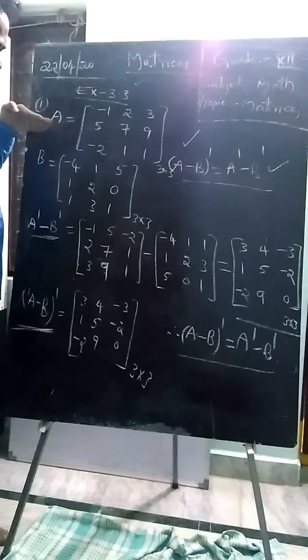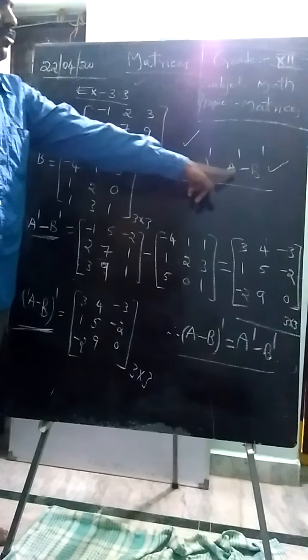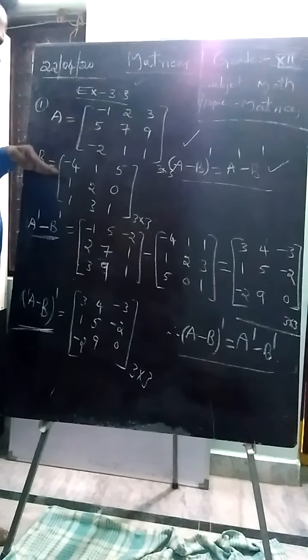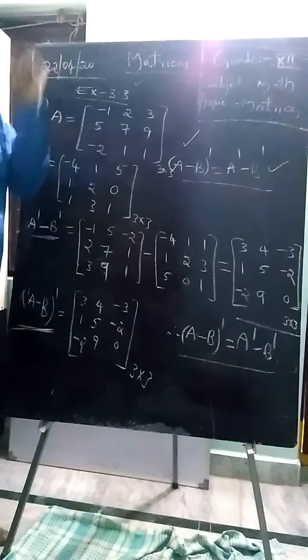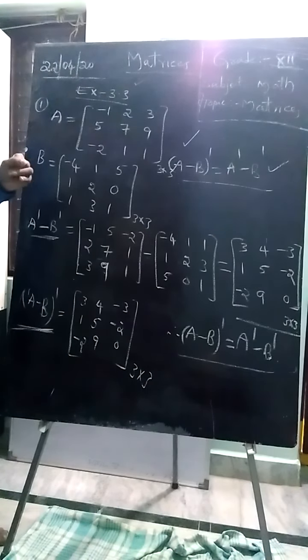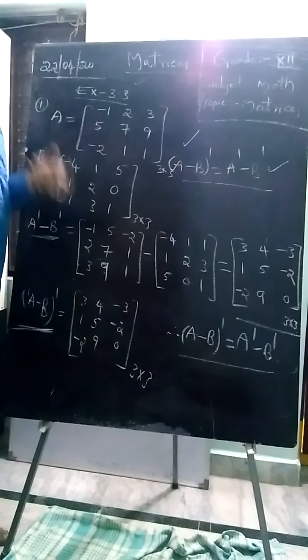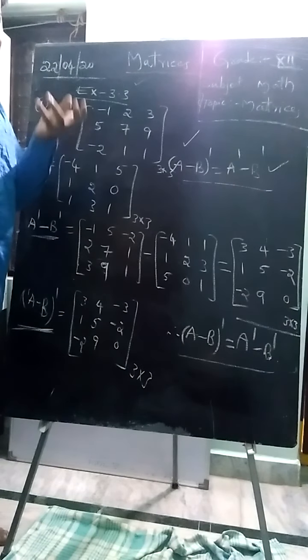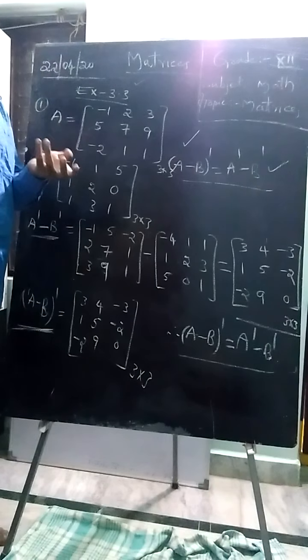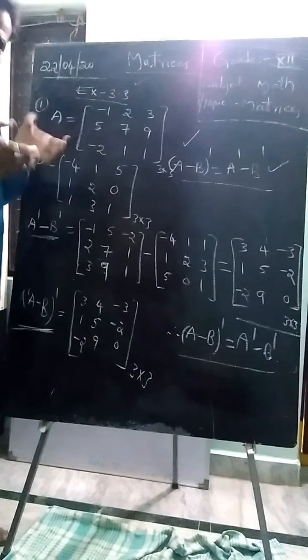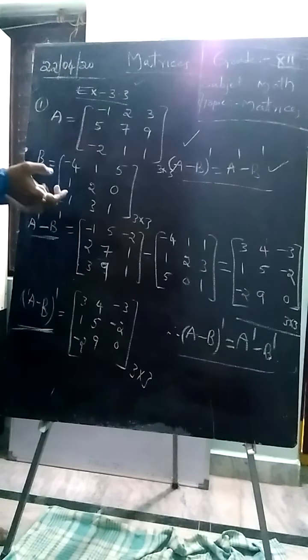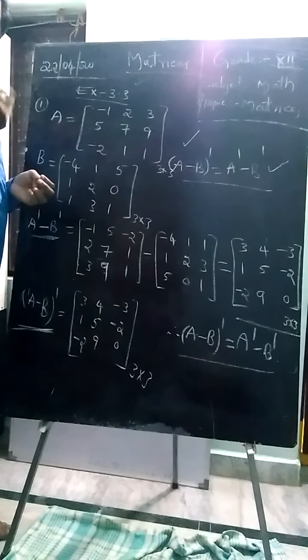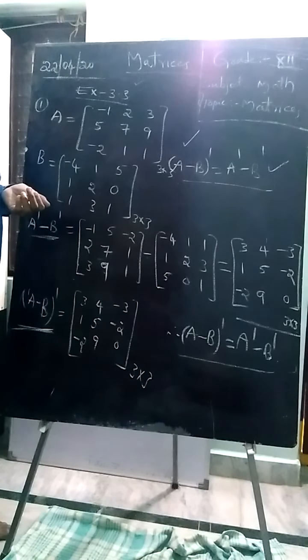You learned this in yesterday's class. Now we checked the property A minus B whole transpose equals A transpose minus B transpose when it is given. This is the way to do it, and we'll discuss some more applications on transposition of matrices. Then after we'll discuss elementary operations of transpose of matrices, and the inverse of a matrix, if it exists. How to solve, you will learn further.